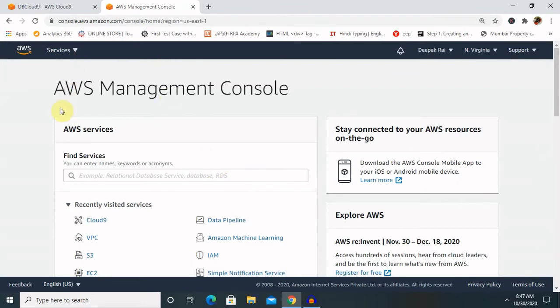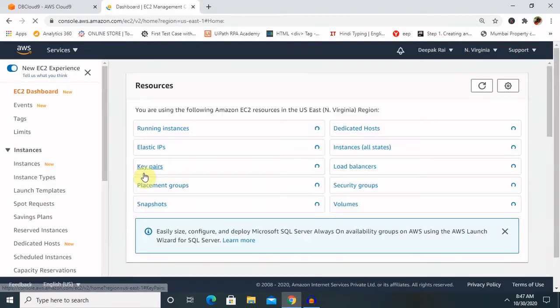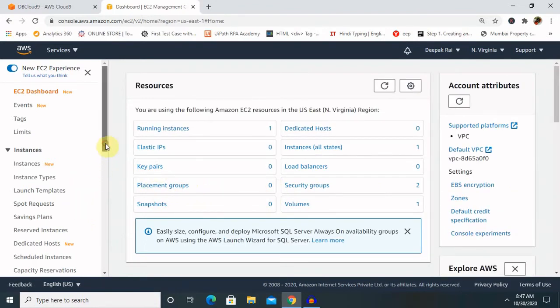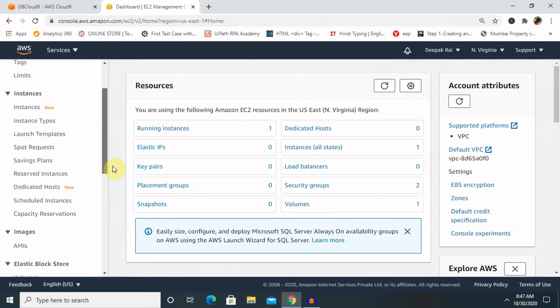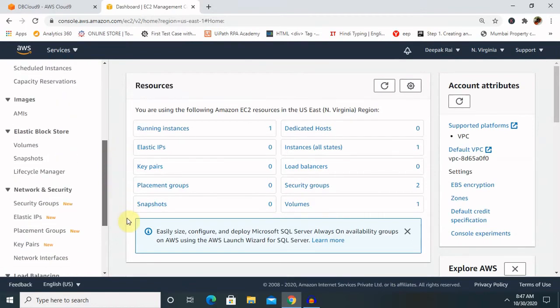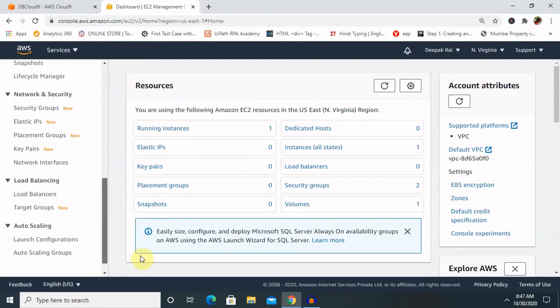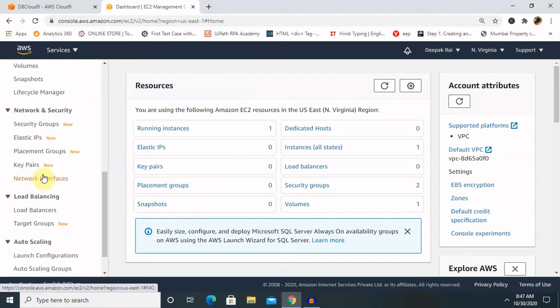Now let's go to our EC2 instance where we have to do our network security settings. Here, go to network and security, then select security groups.